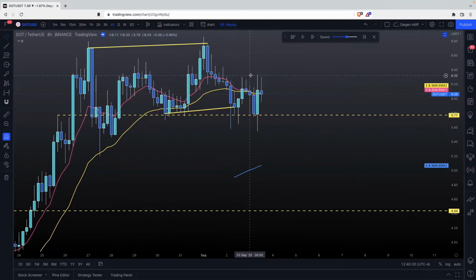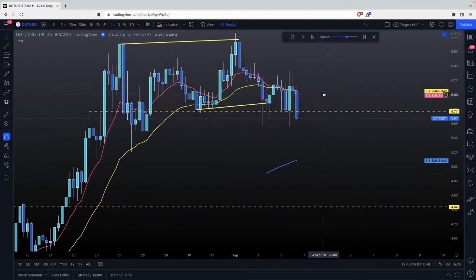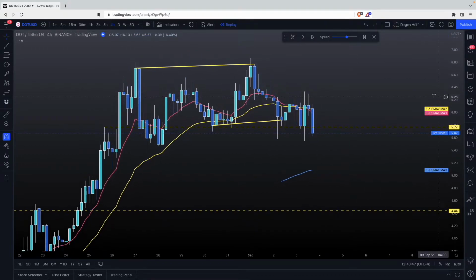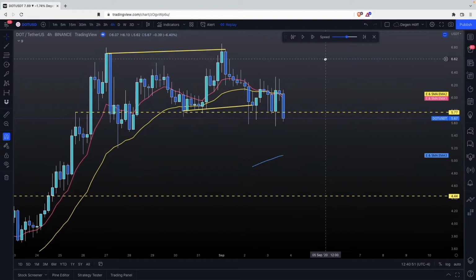So the problem is it's like equal and proportionate. The shadows on the top here are almost the same, like here, but this is still really strong buying support, so it's a very indecisive moment. Okay, so this one was a furious candle down. How many percent? 6.4, not much. I mean, it's not that bad, but